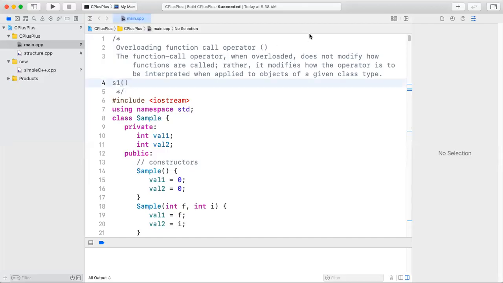So we will learn this, right? Let's just have a look at the code. Let me first complete this line. The function call operator, when overloaded, does not modify how functions are called. Rather, it modifies how the operator is to be interpreted when applied to the objects of a given class type, which